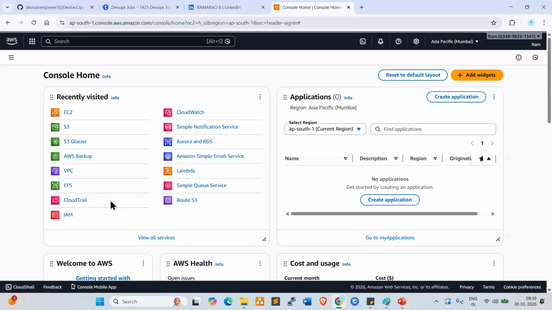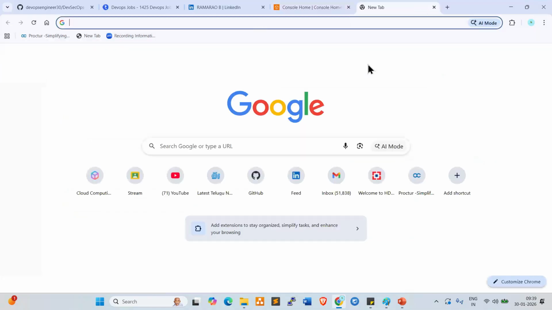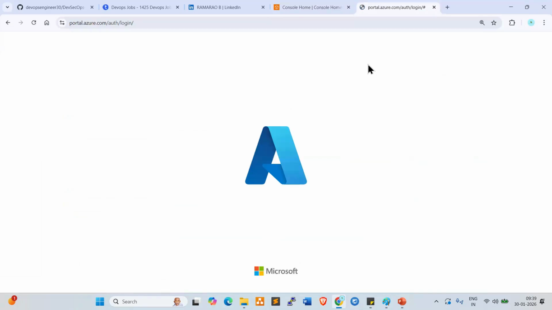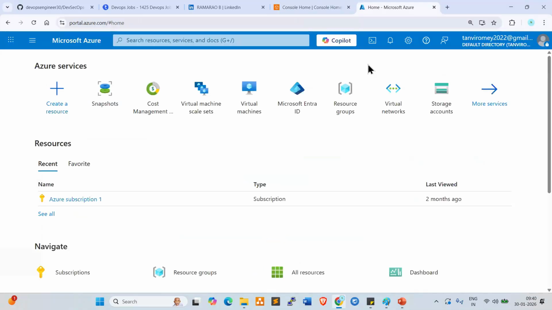Okay. So Azure, our course is multi-cloud, right? Not single cloud. Our course is DevSecOps with multi-cloud plus AI, right? So Azure also will be covered. So here portal.azure.com. Look at here. This is the Azure portal. Azure also will be covered in our course. Okay. Yeah. Next, GCP also will be covered.